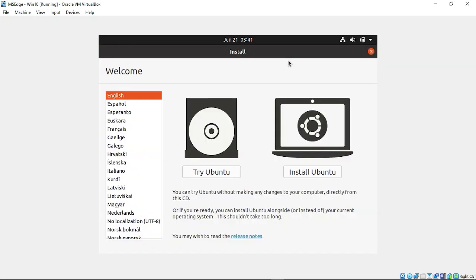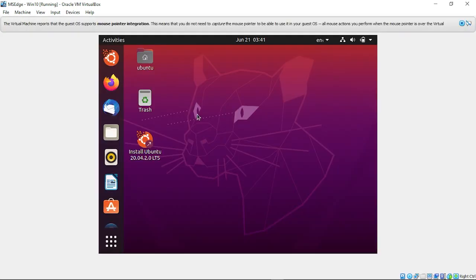Right now I'm not going to install Ubuntu, I'm just going to try Ubuntu. I'm going to check if my user files are able to be read and written. If it is able to do both of these activities, then it is very easy for us to bypass the login.